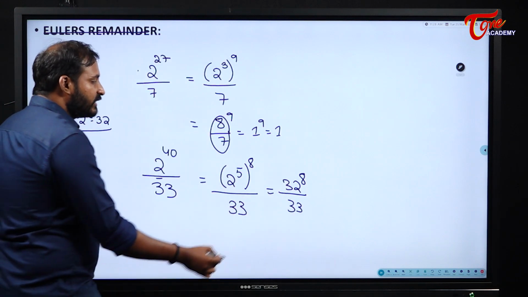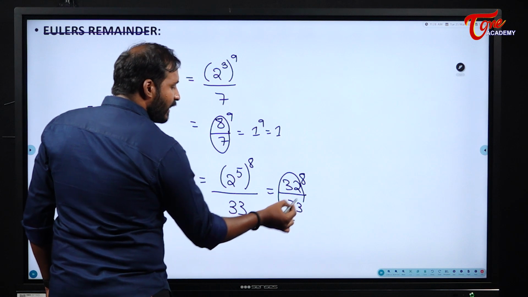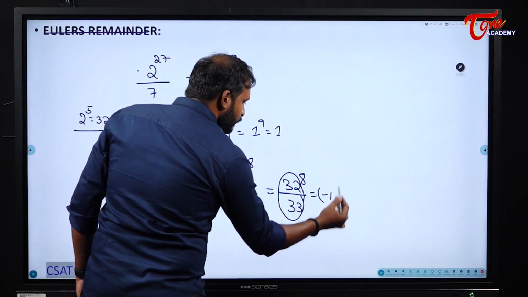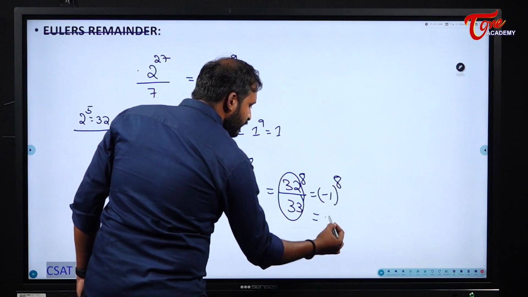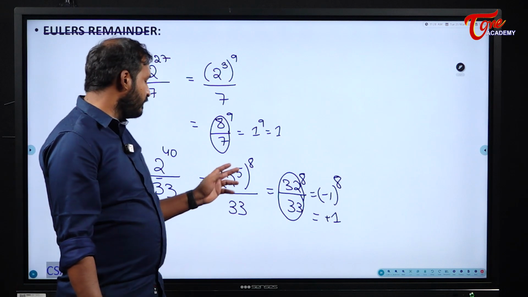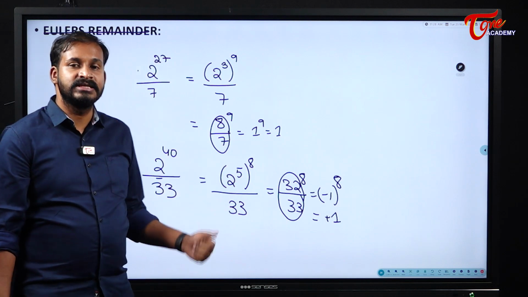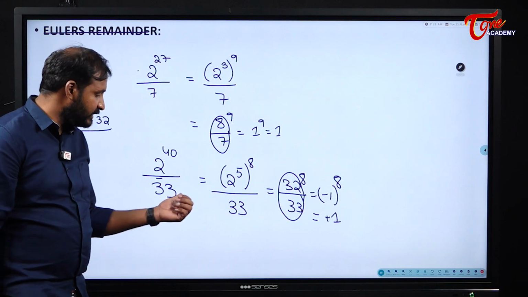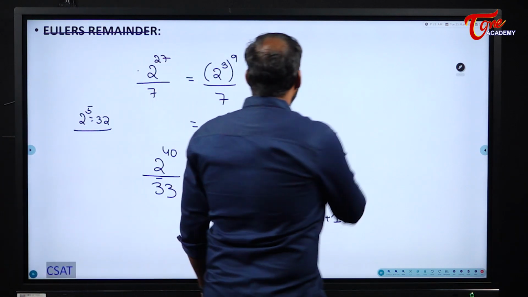So what is the remainder for 32 by 33, students, here? Minus 1. Minus 1 whole to the power of 8. So it will become anyway plus 1. No need to convert anything or do any other values. So the remainder for 2 to the power of 40 by 33 is 1. Okay. Now similarly,